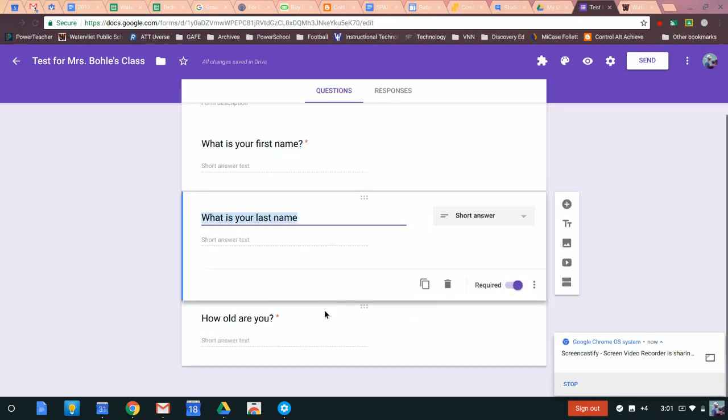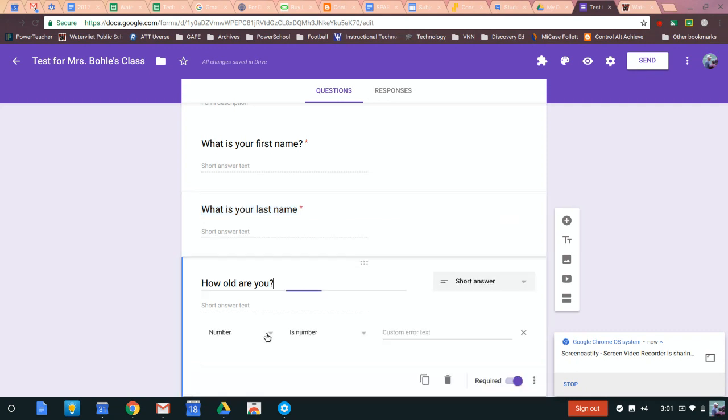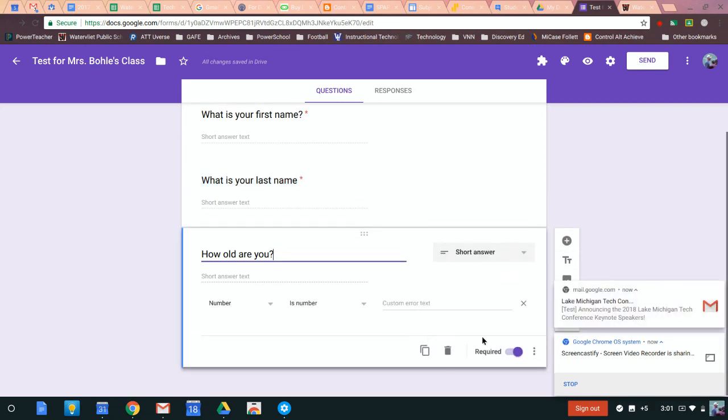I did last name. You want to separate first and last name. That way you can sort by last name alphabetically or sort by first name alphabetically, per se, instead of just having, excuse me, what is your name? I also put how old are you? Under this, since I want a number,